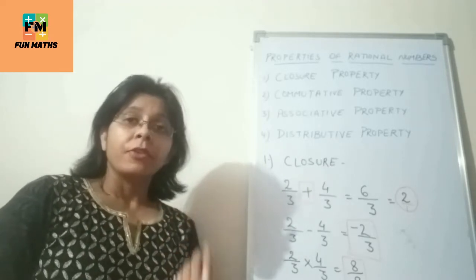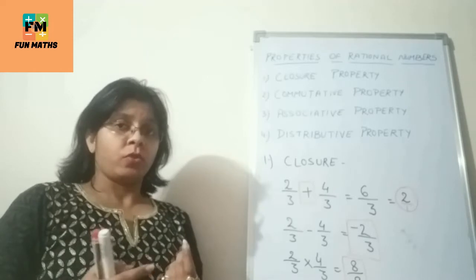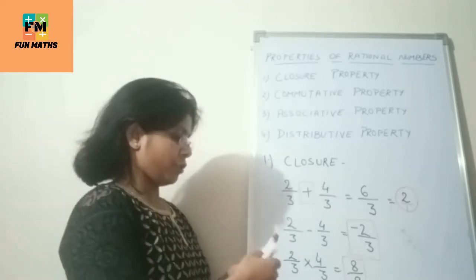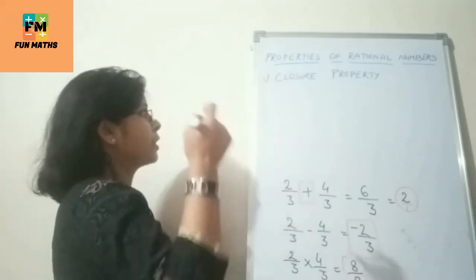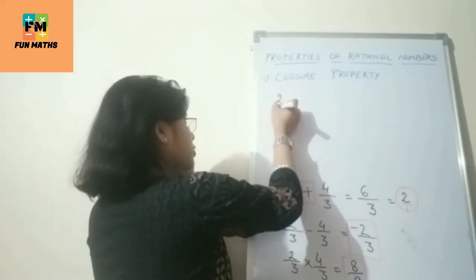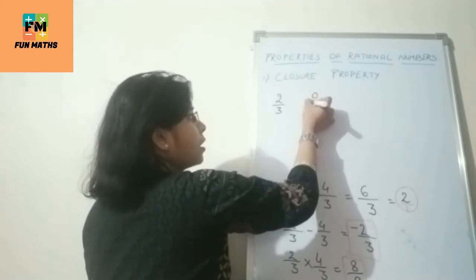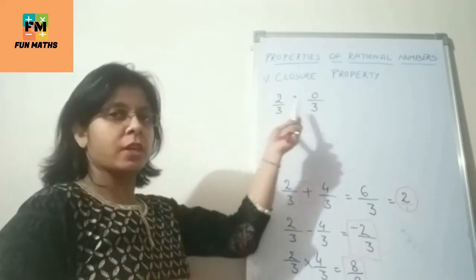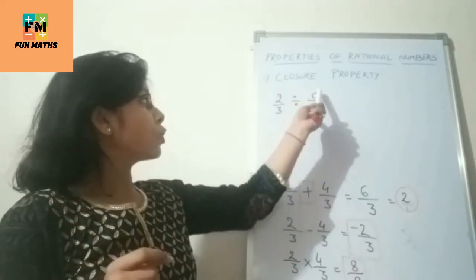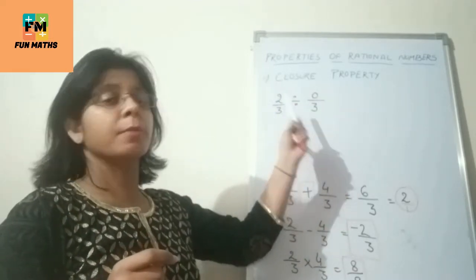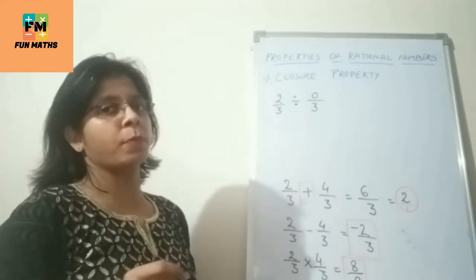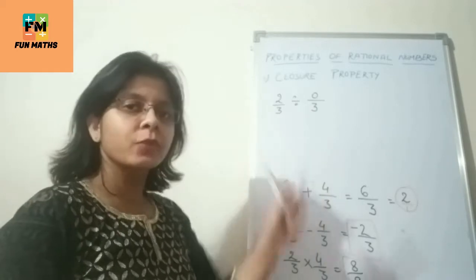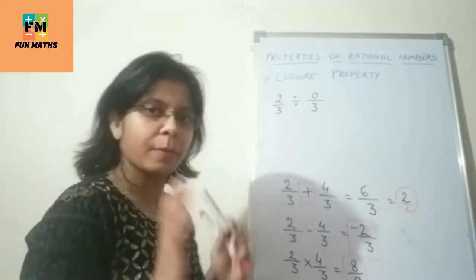Now, where we can get a rational number, we all know, right? But where we will not get a rational number as a result, let's check that condition first. Let's check the division operation here. I am taking an example where we are not going to get a rational number as a result. See, these two are rational numbers. Don't be confused, 0 by 3 is also a rational number, because in a rational number we have a condition that q should not be equal to 0. q means the denominator. Here the denominator is 3. It means, yes, it is a rational number.